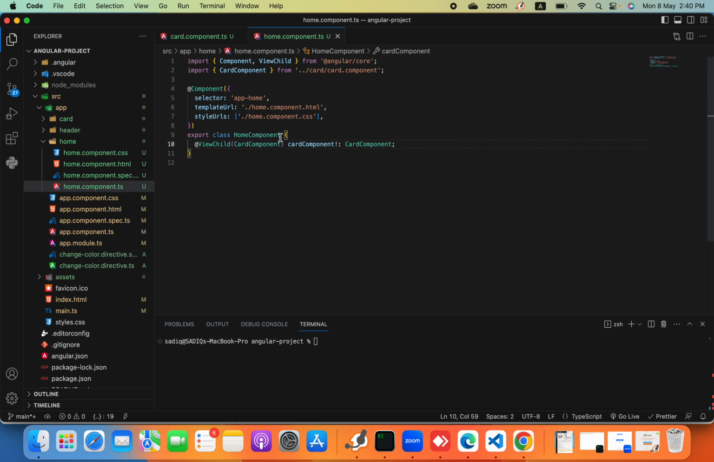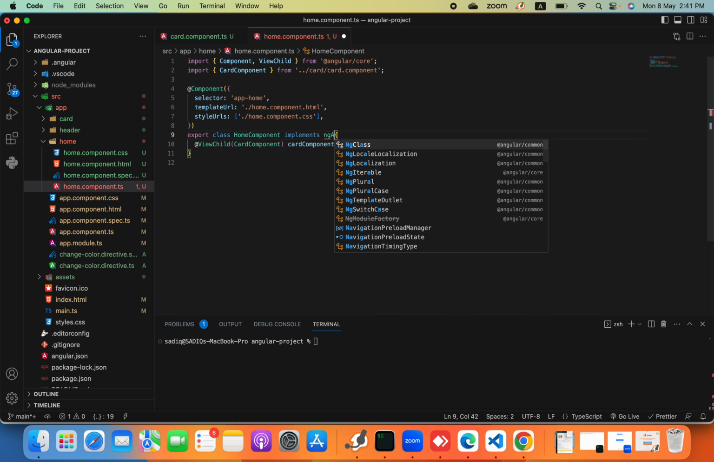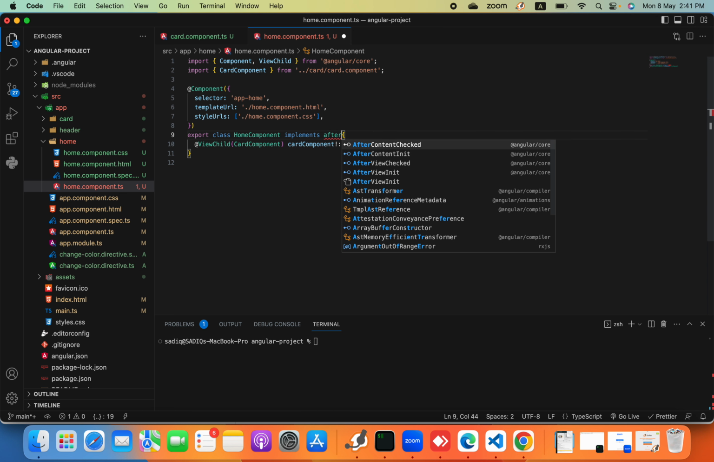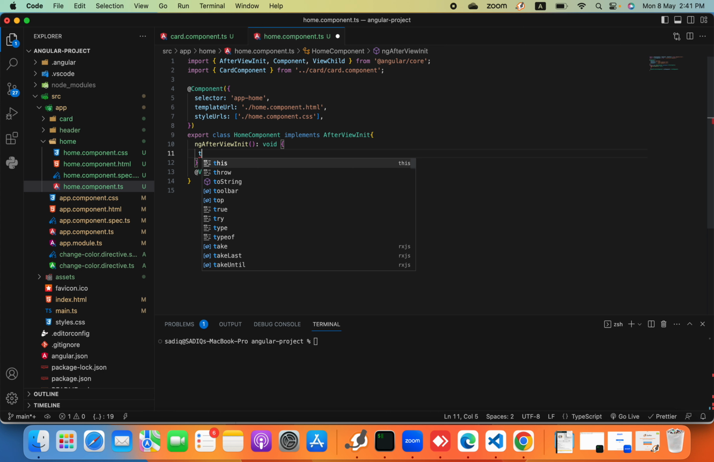Now as I already told you, the contents of the view child decorator are not initially rendered, so we will have to use the ngAfterViewInit lifecycle hook to get access to the properties of that component. So I will have to implement it, and inside the ngAfterViewInit we will say this.cardComponent.name. Now we will console it,